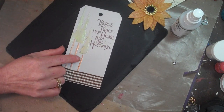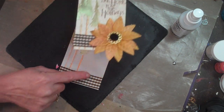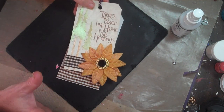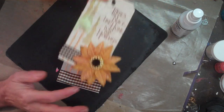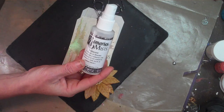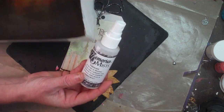Now, at that point, I went and I put my poinsettia down there in the corner, and I also adhered that with my Miracle Tape, because it's a miracle, it can hold anything down. So I did that really quickly, and then it just wasn't sparkly enough for me. So I grabbed my Memory Mist Iridescent,